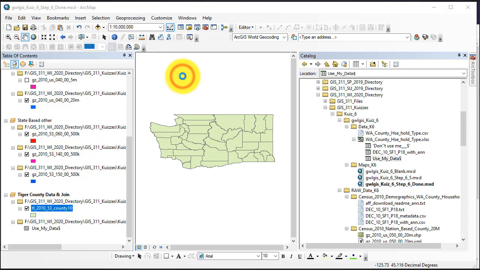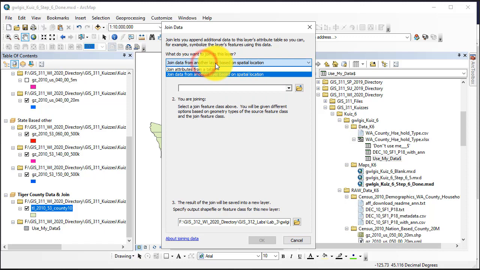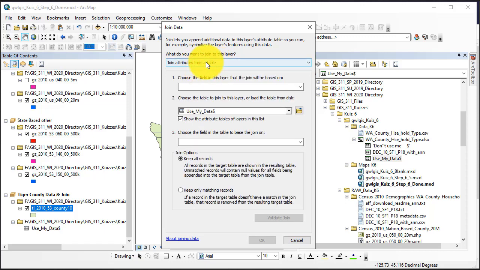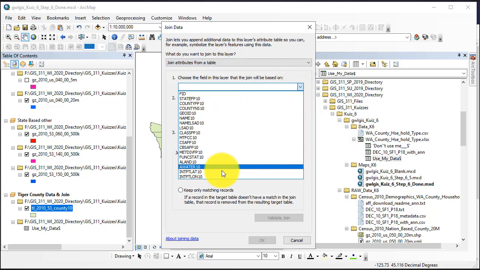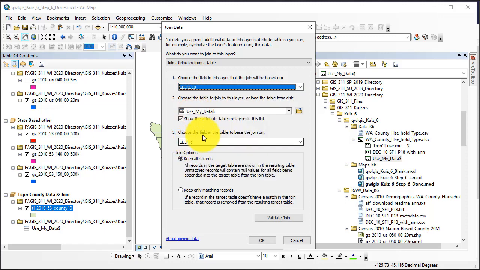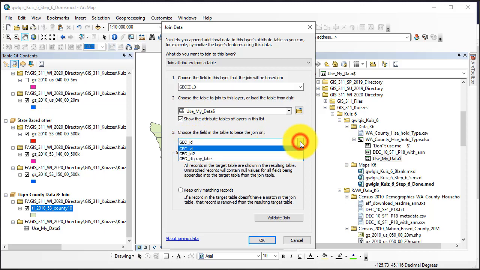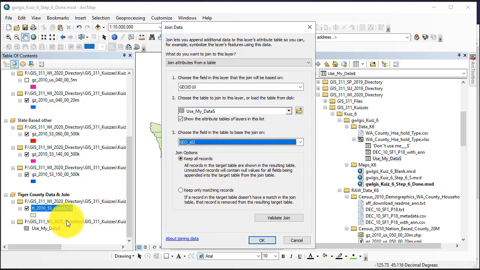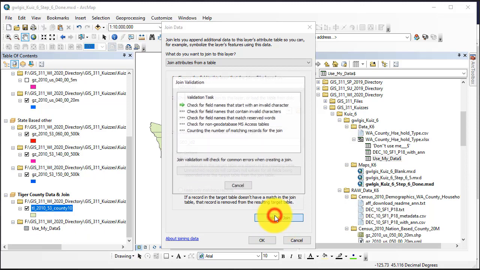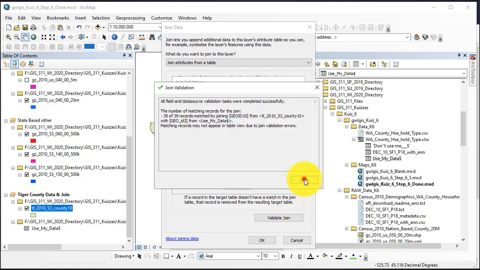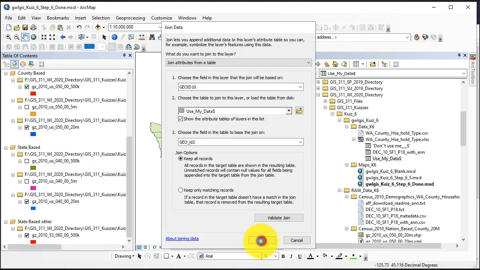Right click, join. Instead of spatial, I'm going to join attributes from a table. The field was GeoID10, and Arc pops up, asking do you want to use GeoID? And I do not. I want to use GeoID2 because that is the one I chose when I was looking at both of them. GeoID1 was too long. I validate my join, close,